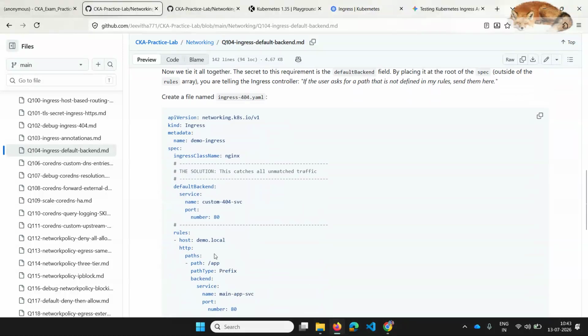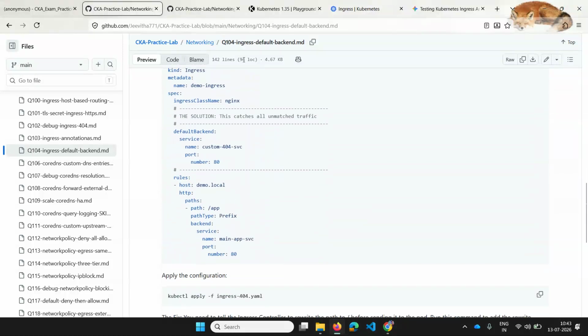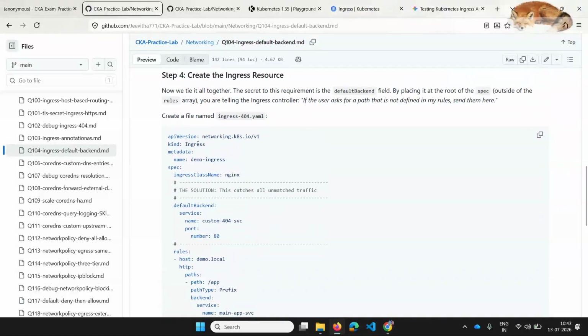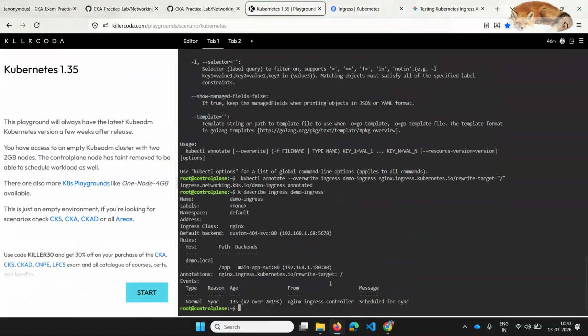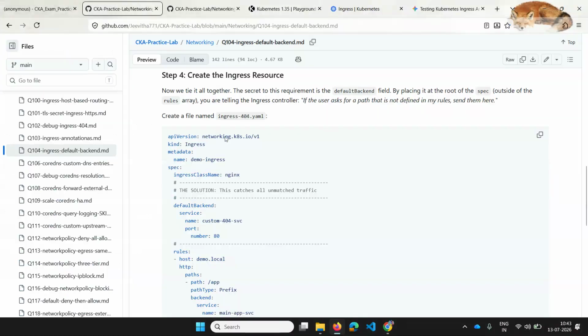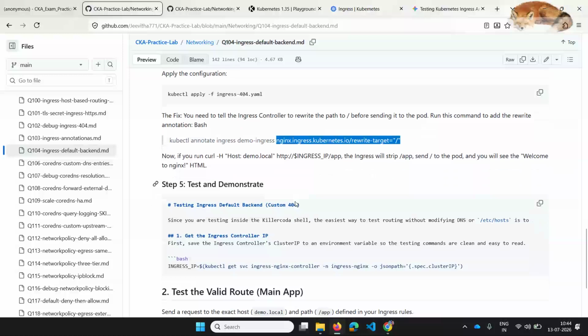So that's why we need to rewrite it as slash when the request is going to the pod. That is what is meant by rewrite target. So basically, when the user types slash app, inside the pod it is translated to slash only.